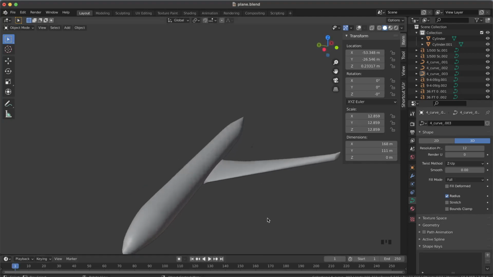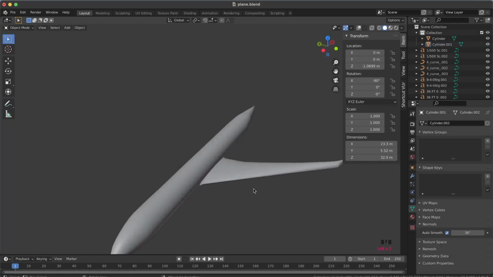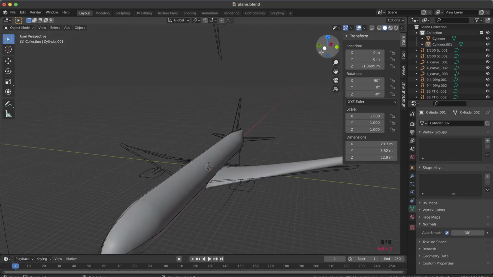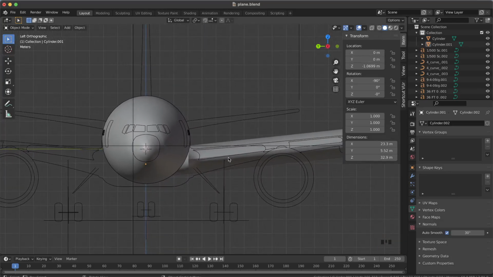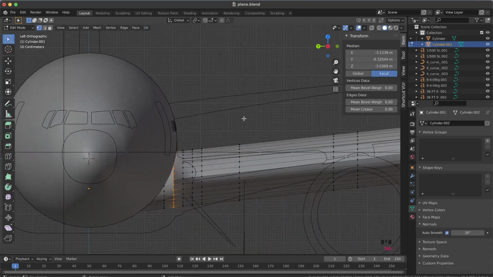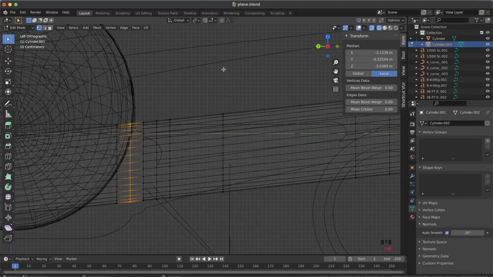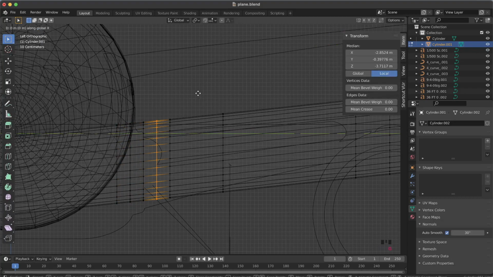Now we actually have to fix the front bit because we've done the top bit. Now we have to fix the front. So this one is pretty easy. All you would do is go to the front, then see this bit, select it here, wireframe, edit, and now we would start to fix its size because right now it's very big. So all you do is G and Z